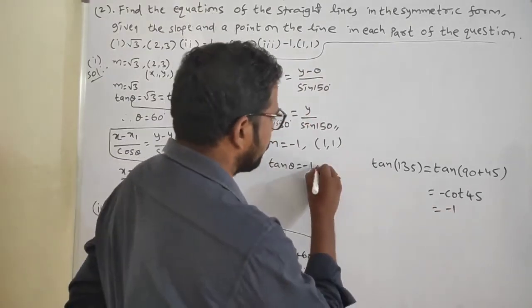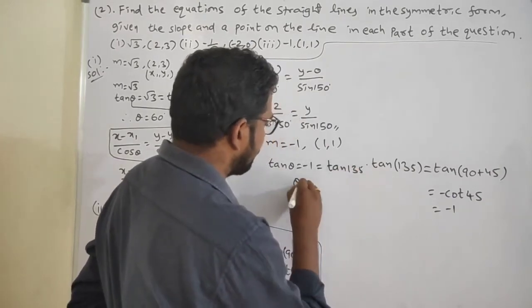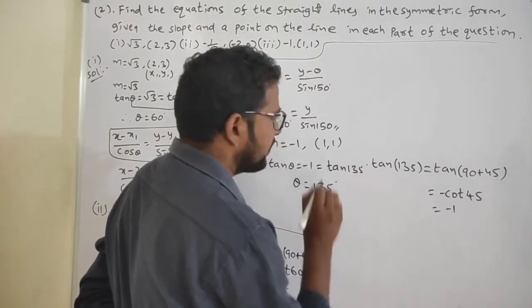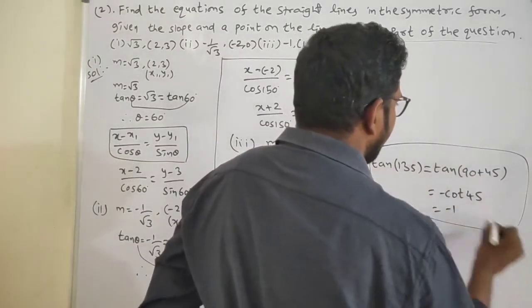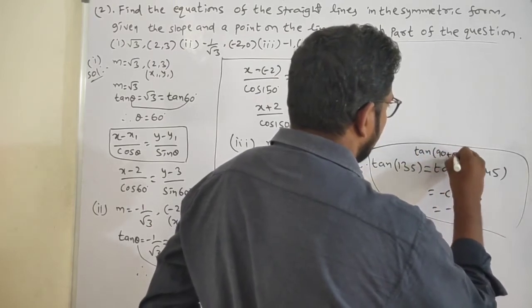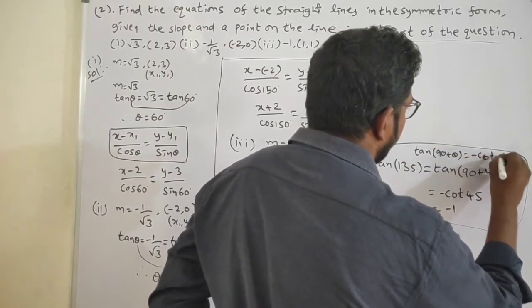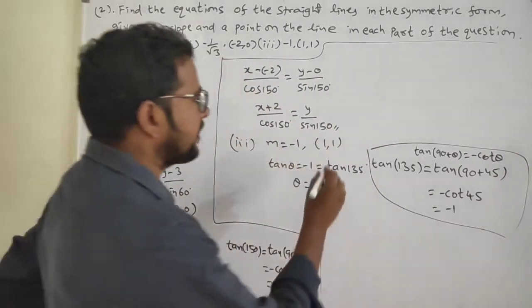So theta is equals to 135 degrees. So ఇక్కడ ఏ ఫార్ములా ప్లేస్ చేస్తున్నాం, tan 90 plus theta is equals to minus cot theta. Now theta is equal to 135, x1 is 1 comma 1, substitute values